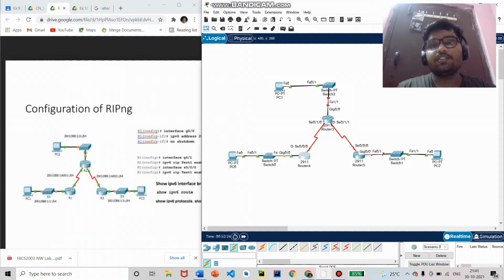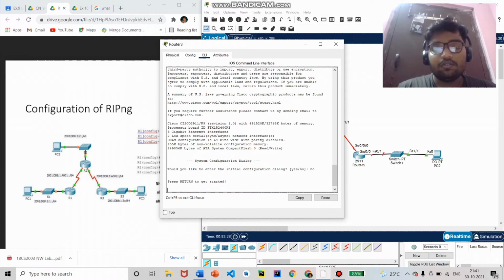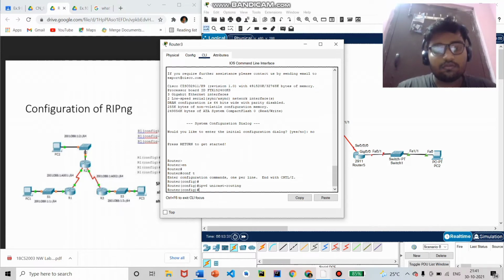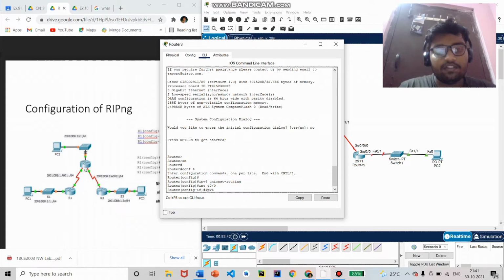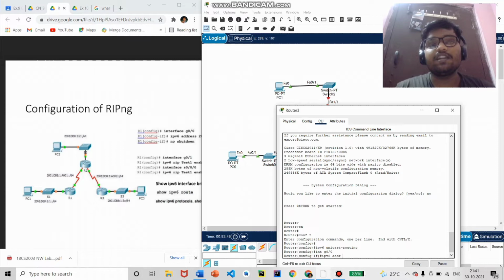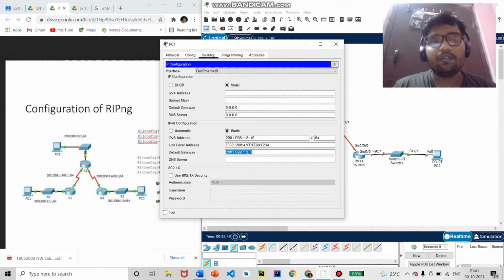Now let me go to this router 3 here. Fine. The same thing we have to do. Now enable, config terminal. Make it understand IPv6 unicast-routing, interface gigabit 0/0, ipv6 address. I've already given the IPv6 address in this PC and also set the gateway. Fine, let me grab that one right now, copy it, and this is the IP address 10::10, and ::1 is for the gateway.